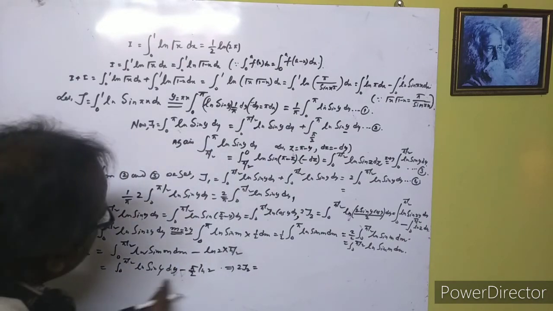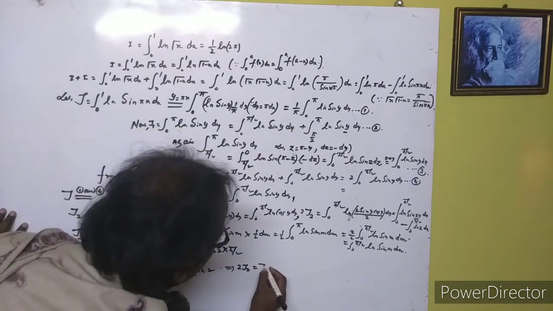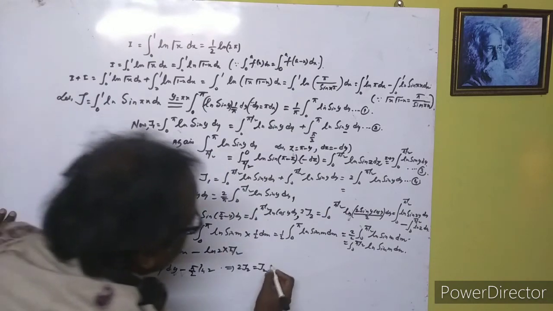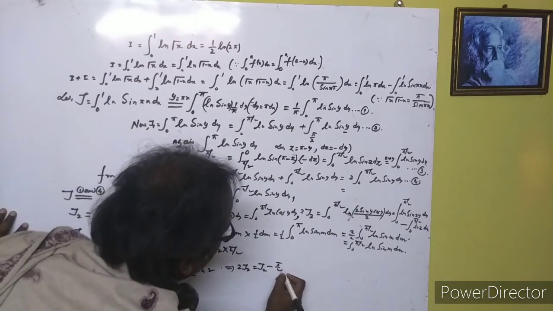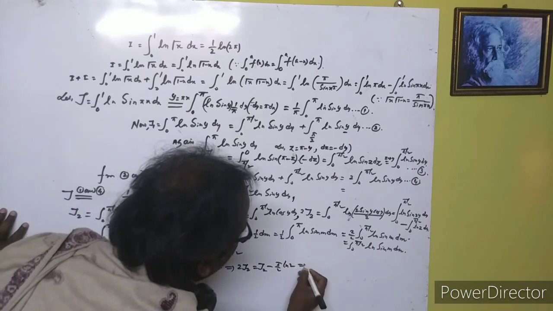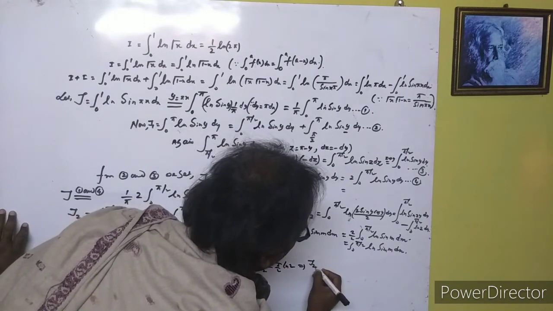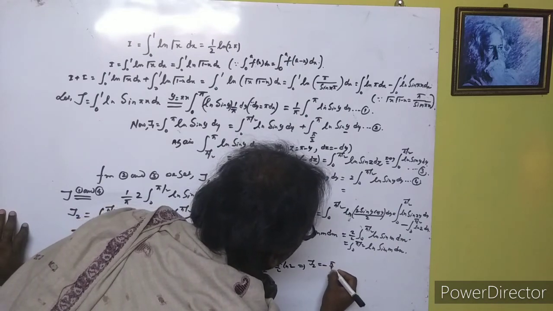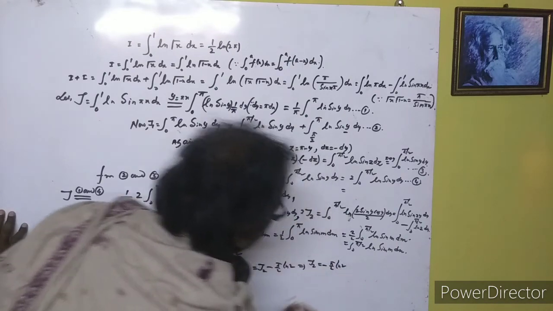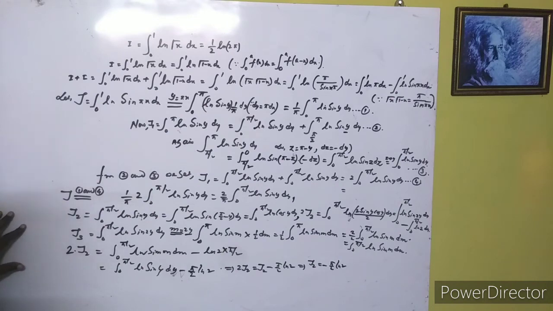This is here j2 also. This is minus pi by 2 ln 2, which implies that this minus this is j2 here and minus pi by 2 ln 2. Okay, this is j2,